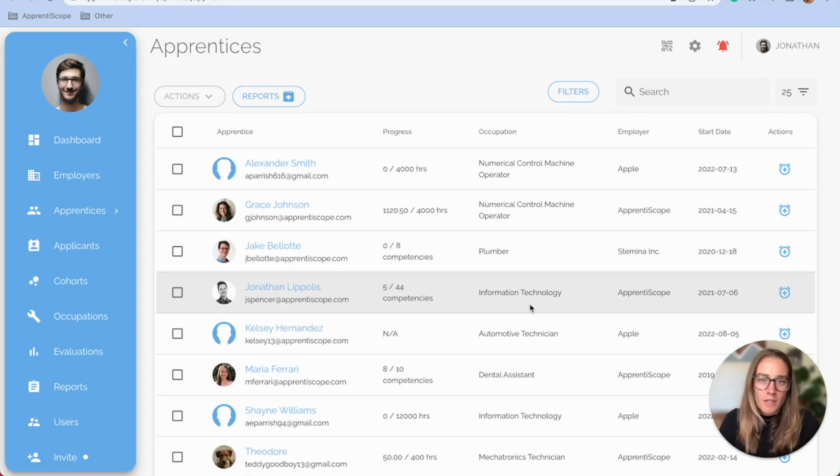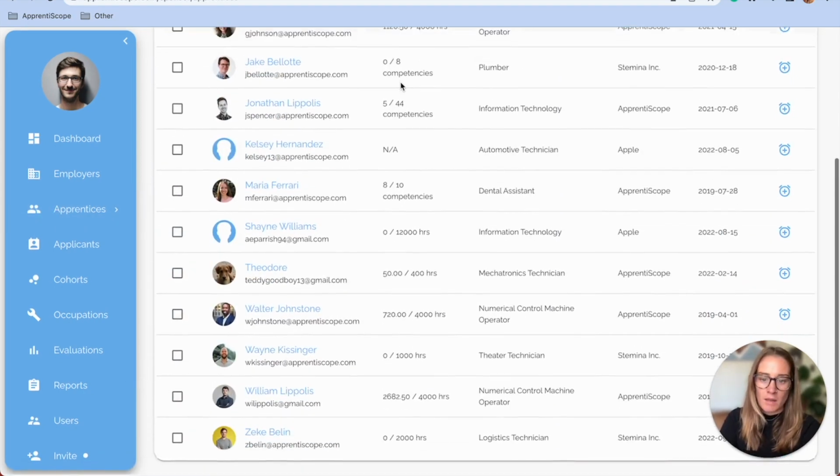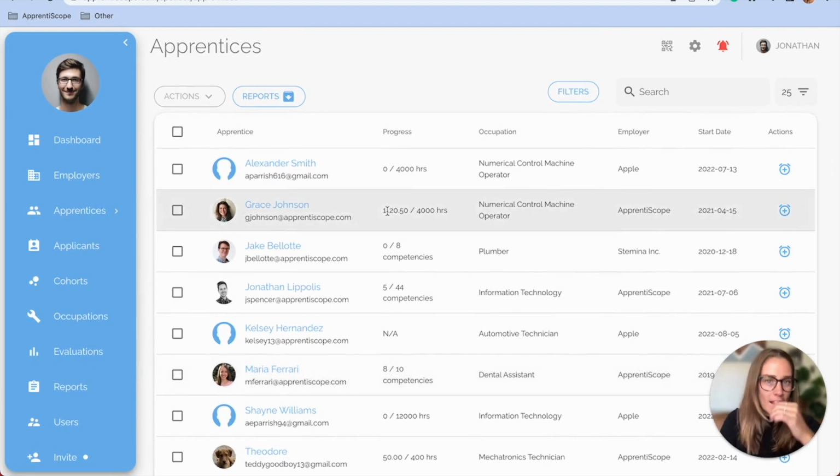Okay, so we have covered employers and occupations in the system. Now we're going to dive into apprentices. This will probably be a page that you spend a lot of your time on. So I'm in my Apprentices Overview, and right now I'm looking at a list of all the active apprentices in